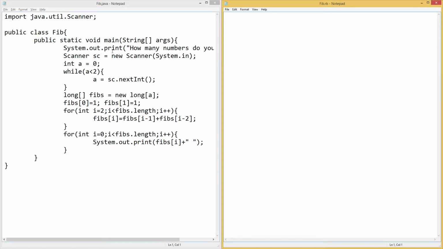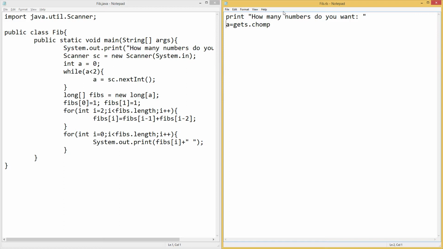So first of all, we needed to print out how many numbers we want. We're going to do that by the exact same command, which is print. We're going to print out how many numbers do you want. Okay, that's the exact same thing. Now we need to get the input. In Java you use the scanner. Here we will use gets, which is the get command, and then you chomp so that it doesn't go to a new line. That's the command. Now we need to say what that is. I'm going to do a equals gets.chomp, but